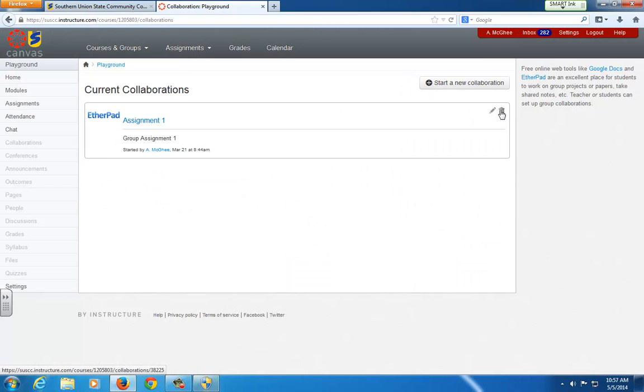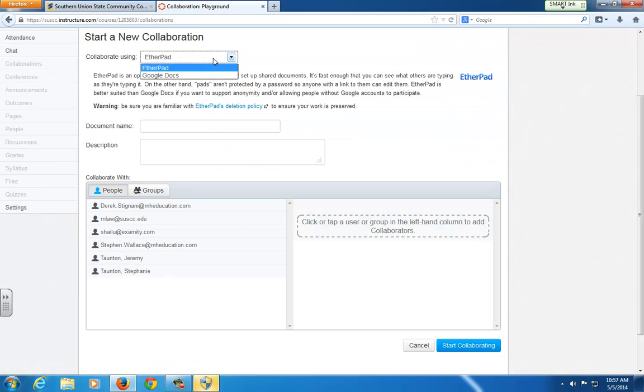When you go to create a new collaboration, it's going to ask you if this is going to be with Etherpad or Google Docs. I like to use Etherpad because it doesn't require any kind of additional login. If you use Google Docs, then you have to link it up with your Google account and jump through some additional hoops. So I like to use Etherpad. It seems to work just as well with about 35 fewer clicks. So just leave that on Etherpad, give it some name, my collaboration,